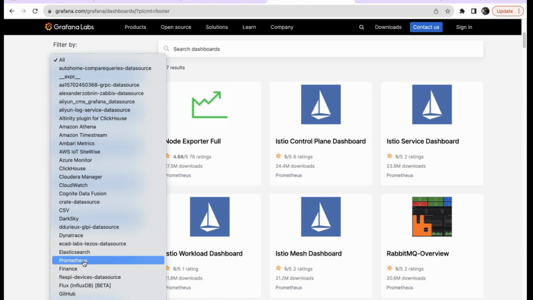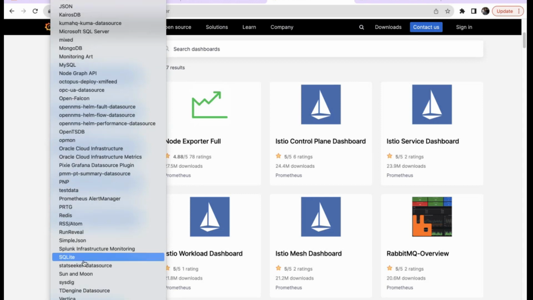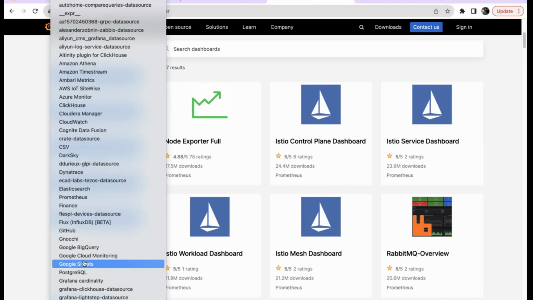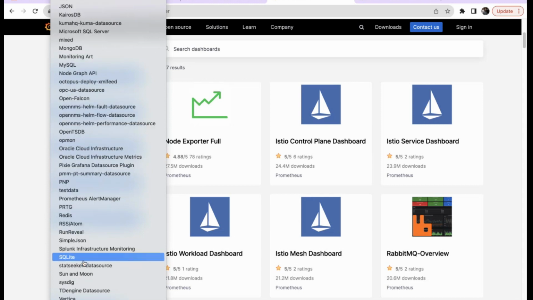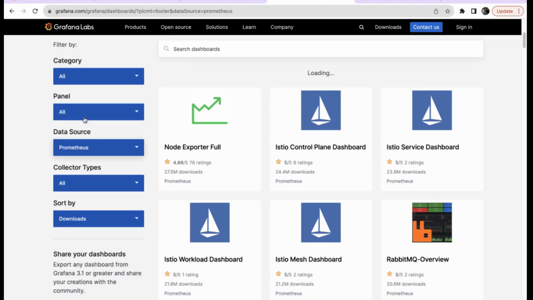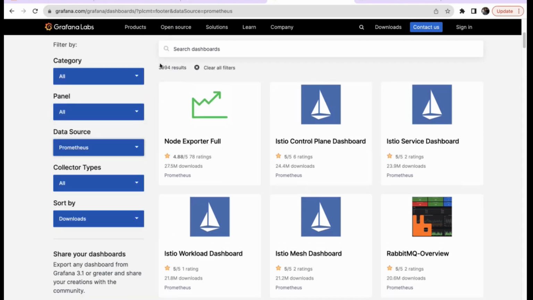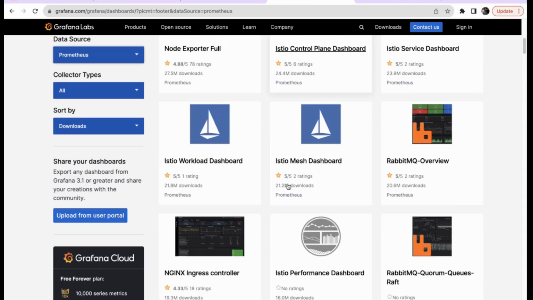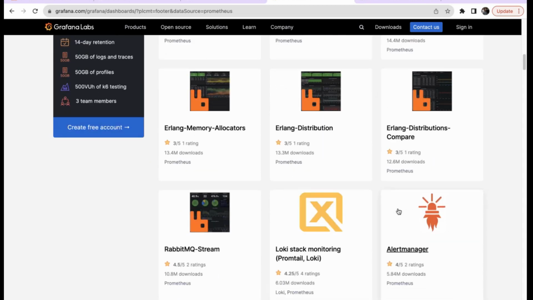See this. Even I don't know this many technologies. Now, all these data sources are available. So if you come here, you will be able to see something called Prometheus. As soon as I do it, if you see here, the search went from 7,000 to 3,994. Now you can check, for example, something related to, if you go down, even if you come here, we can save,